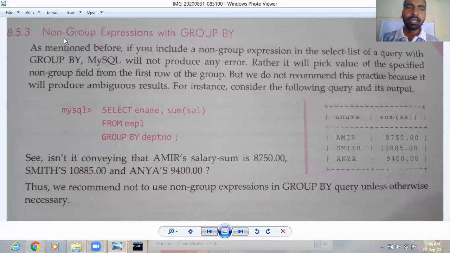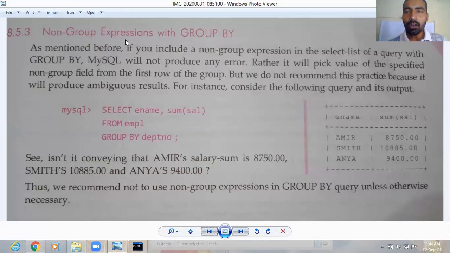Here what is written? Non-group expression with group by function. It means you are going to include those columns with the group by function which do not have matching values or similar values. They are called non-group expressions.